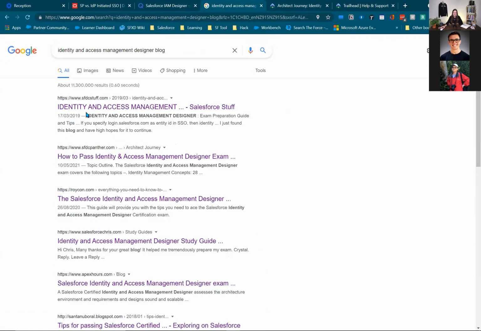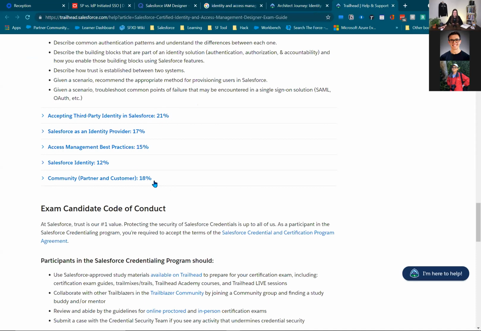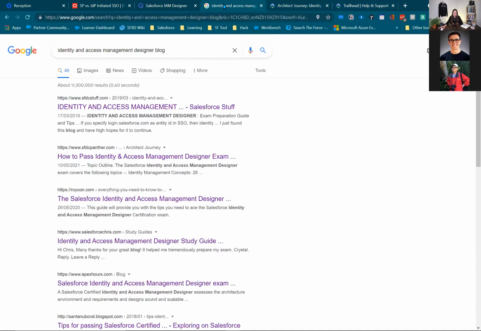The date actually matters as well, because Salesforce, I think, reviews the exam guide every year at least. So the sections, the topics and the percentages may change. You should prioritize the most recent articles, because some old ones may not be so useful anymore. Another reason is Salesforce does three releases every year, so some old good practices may not be good practice anymore.